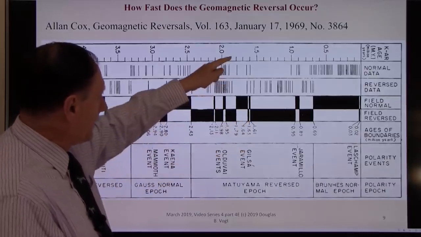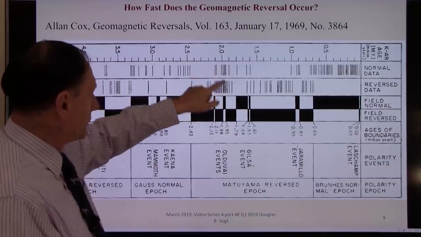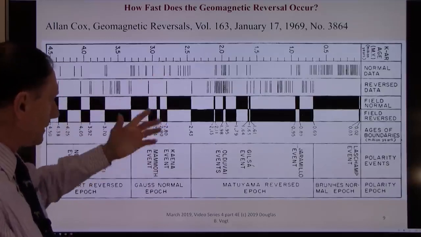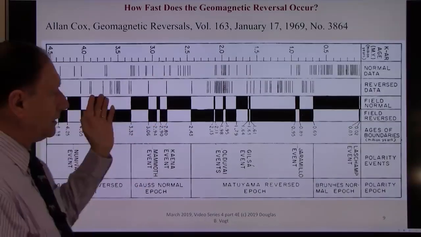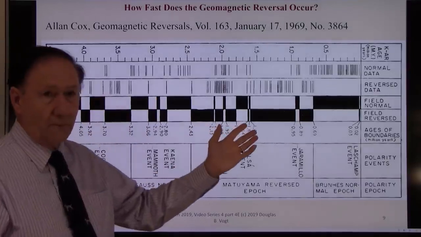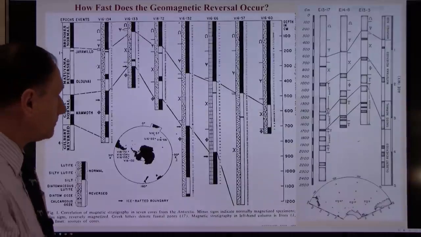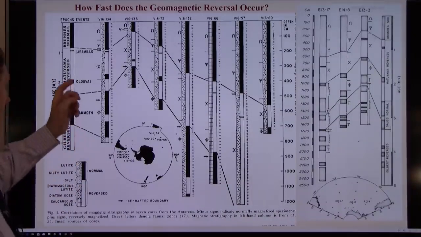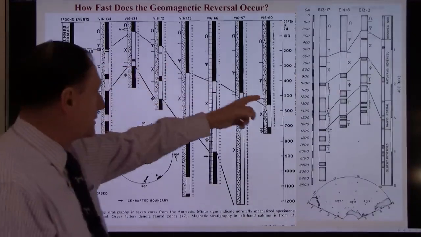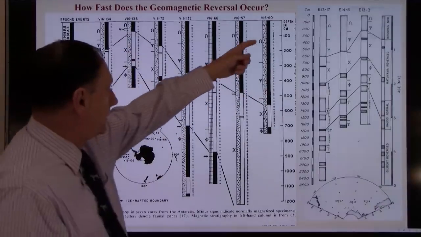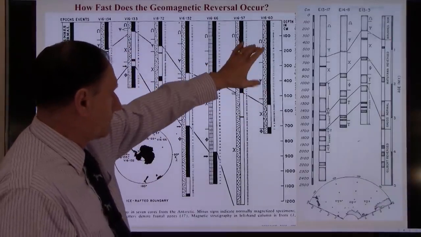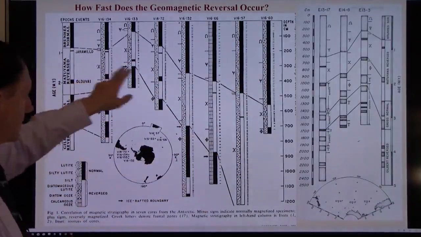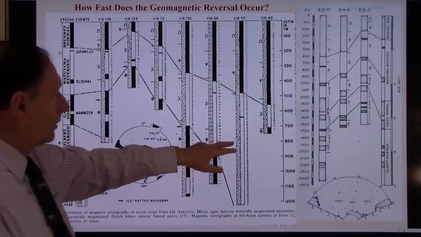But you can see you've got reversals, normal and reversed, constantly, and sometimes they ignore one and they just accept this one. It's just the way it is. But you can tell this thing is happening cyclically through time. Here is from the Hayes paper, I believe it was, where he's got one boundary and you see the sediment layers change. Now this is actually two different reversals, but he's combined them as one. That's why they use the Greek symbols. Same thing here, he tries to match up his various test holes.